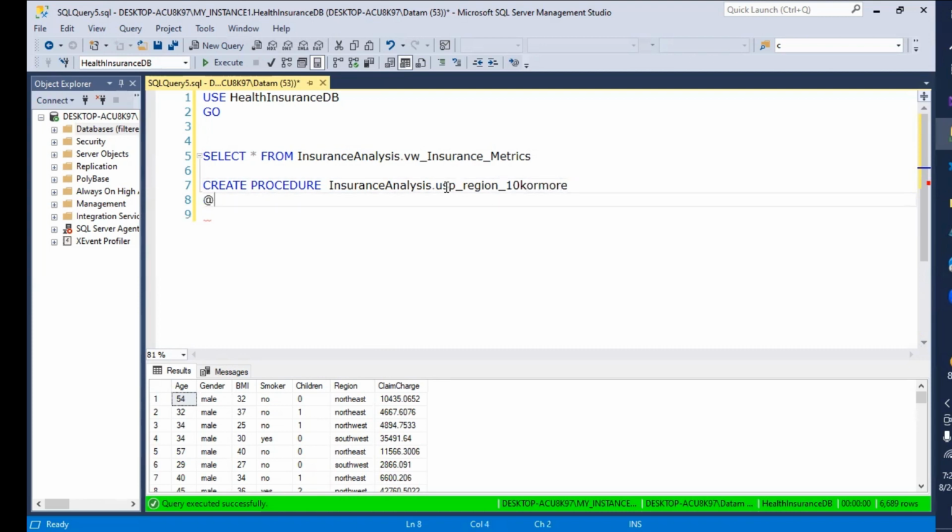Now we're going to put a parameter, which is region, because that's how we're going to decipher it, as begin, set no count on. We're going to do begin try